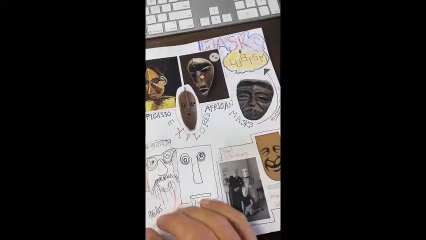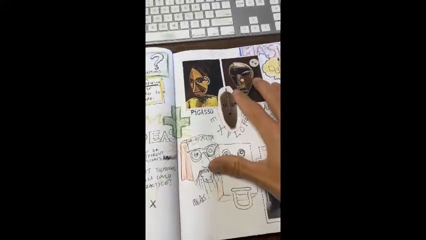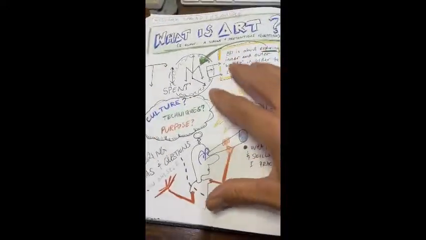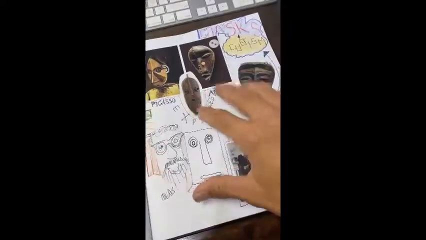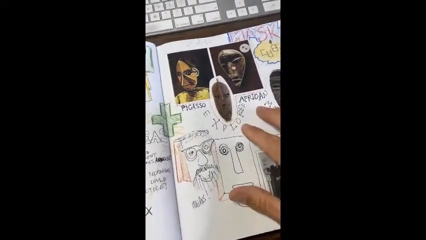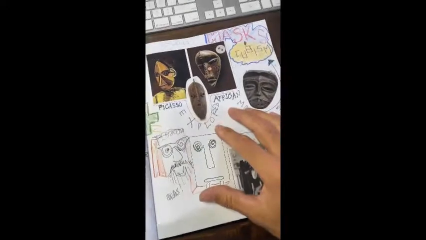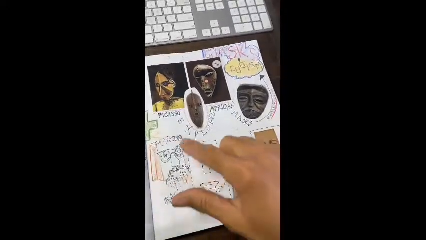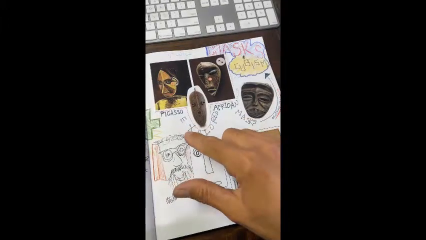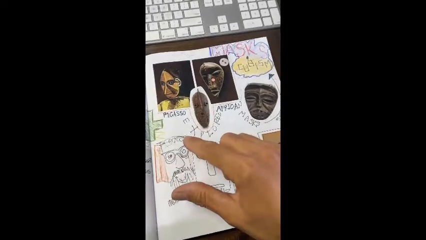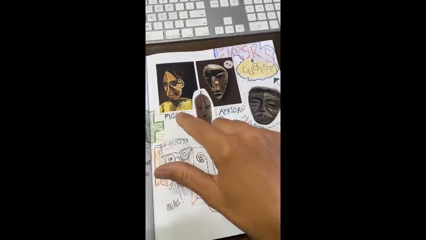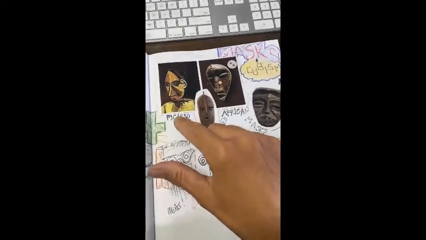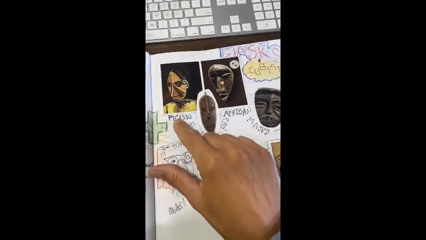So here's some of my, this is what we call my studies page, I guess, right? There's a little bit of idea development, now study page. As I was exploring ideas for the masks, I did some doodles, and then I already knew this, but I might have explored and found out if I went online to this event in art history where Pablo Picasso and George Braque